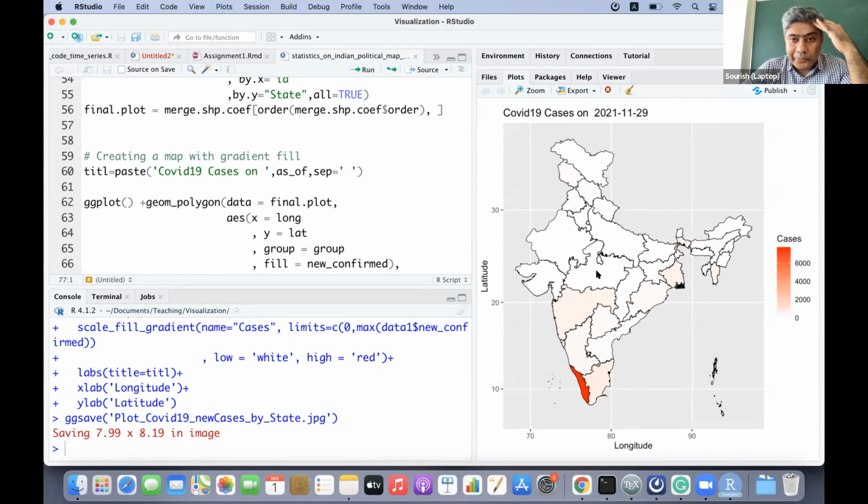But typical animation, like over the date, as the day changes, how the states' values are changing, that kind of animation I have not done. We can try it out, but I think, sir, I just Googled it. I think using the leaflet package, it is doable. The leaflet package is a very, very heavy package, and many things can be done if you just explore around.